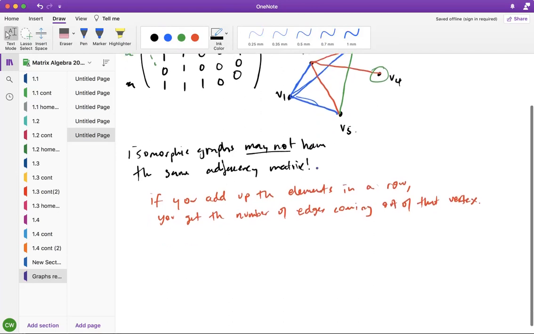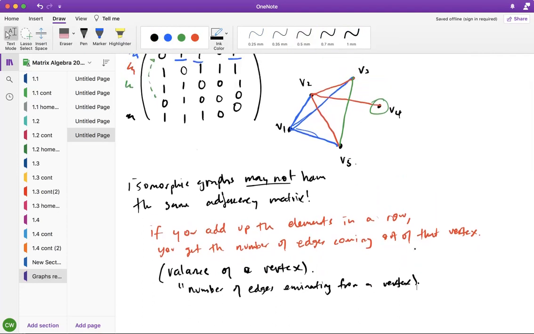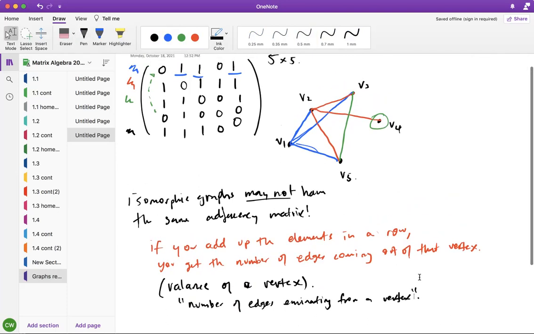So sometimes this is called the valence of a vertex, meaning the number of edges emanating from a vertex. So you can think of the adjacency matrix as a matrix that gives you the valence of every vertex. Okay, so